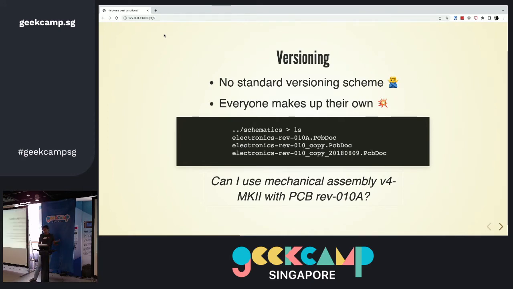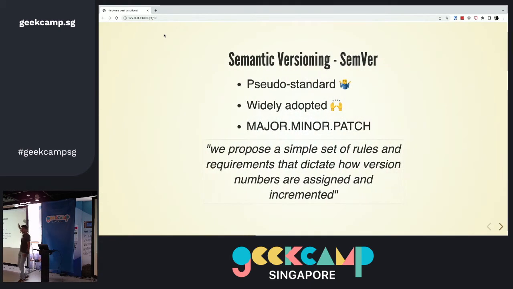Of course, in the software world, we have figured this out with semantic versioning. It is kind of a standard. It is widely adopted. And it's got this idea of having a major version, a minor version, and a patch version, and a set of rules that explain to you when you should use each. What we did at Subneuro, we created our own variant of this, in a way.